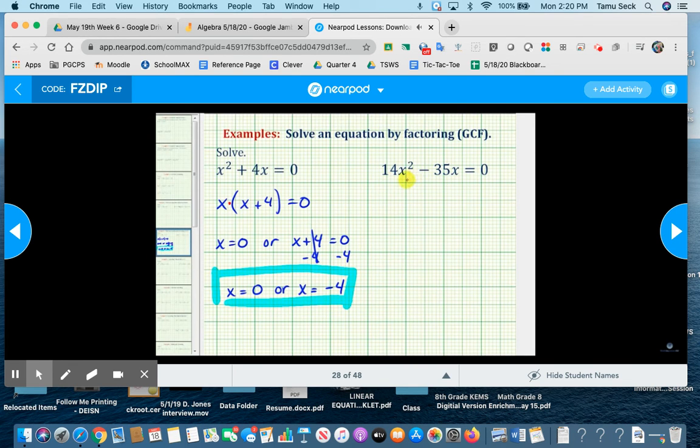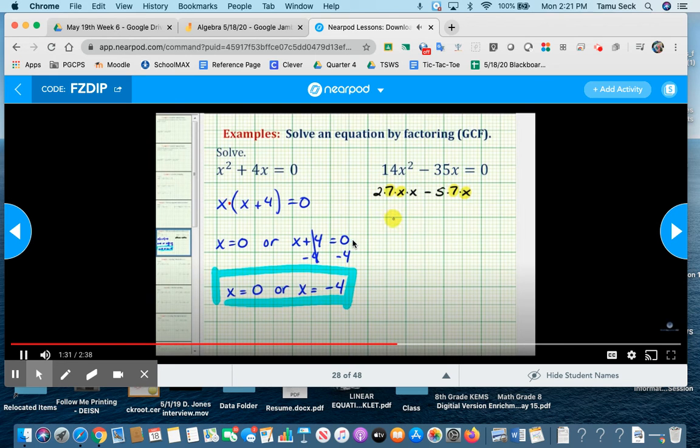Looking at our second equation, we always want to start by looking for the greatest common factor. So we have 14x squared minus 35x. Here the greatest common factor would be 7x, since we can write 14x squared as 2 times 7 times x, and 35 would be 5 times 7 times x. Notice both terms have a factor of 7 as well as a factor of x. So in factored form, we would have 7x times the quantity 2x minus 5